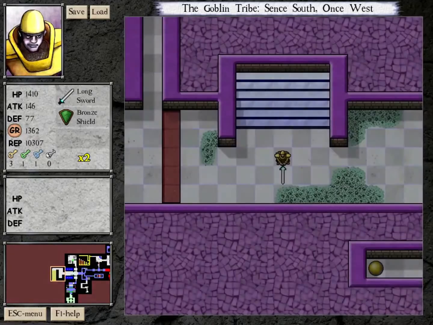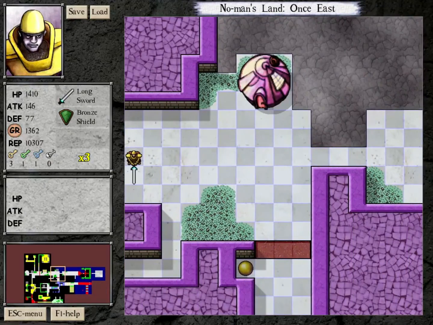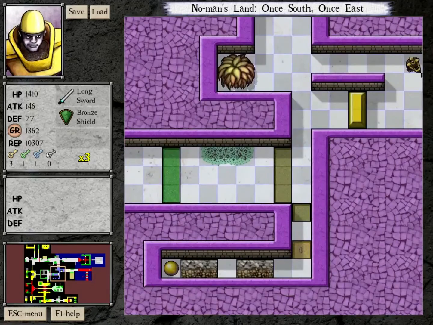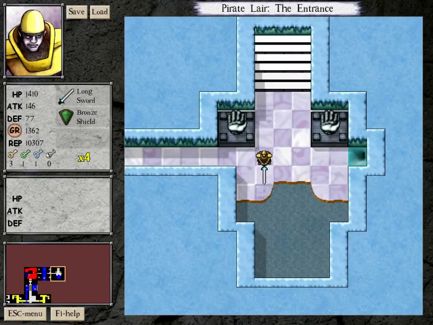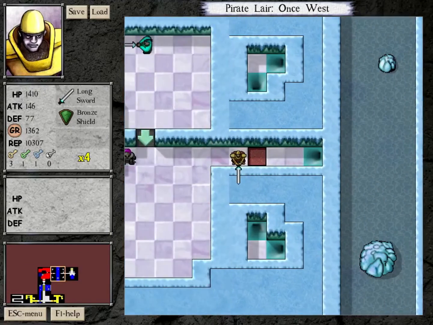I think it makes sense to get it now, because I'm going to take a bunch of hits, probably. Shield gems are a thing I want to get as early as it's practical. If I'm going to take a...